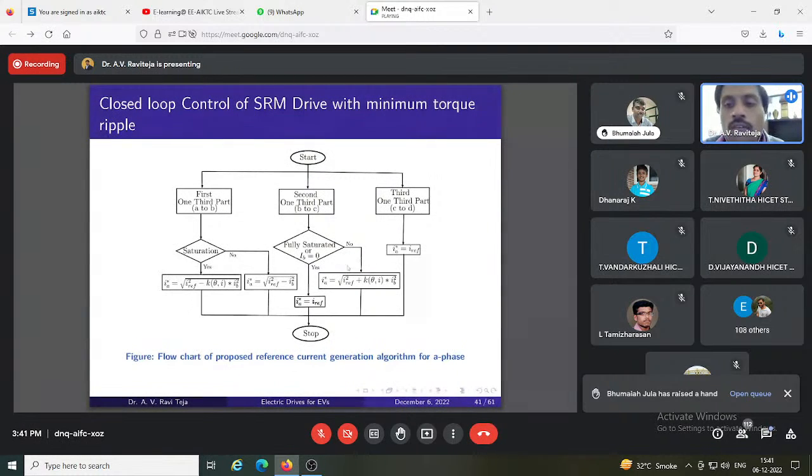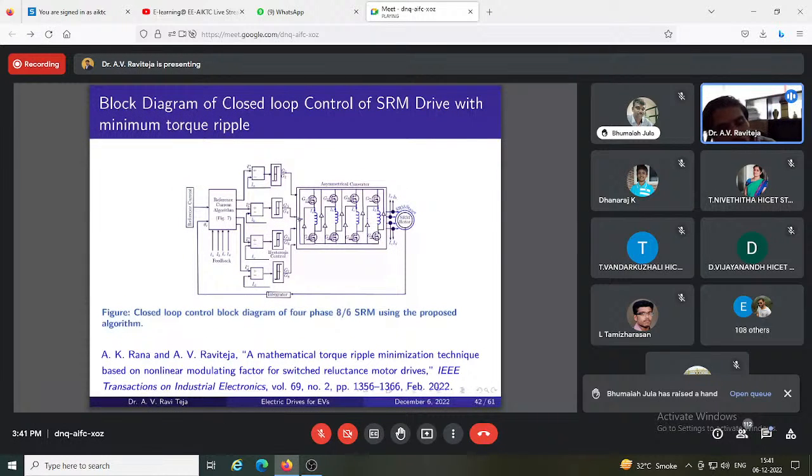Once I enter the third one third region, there is no need to worry, because the third one third region is the first one third region for another phase. So if I am trying to compensate there, it will be taken care of. For this phase I need not do anything. The next phase, which will be in its first one third part, will try to compensate such that the torque remains constant. So this is the control block diagram